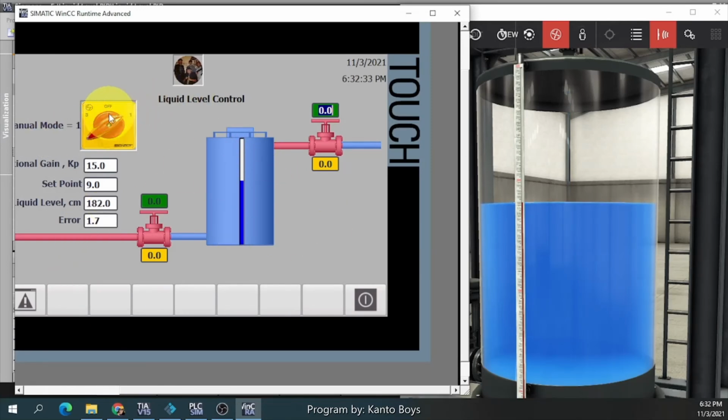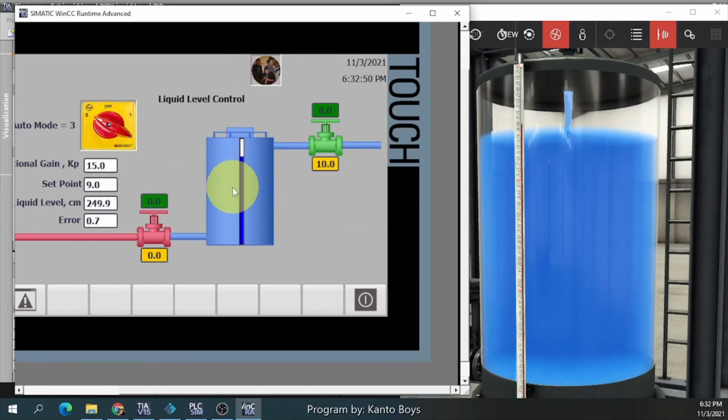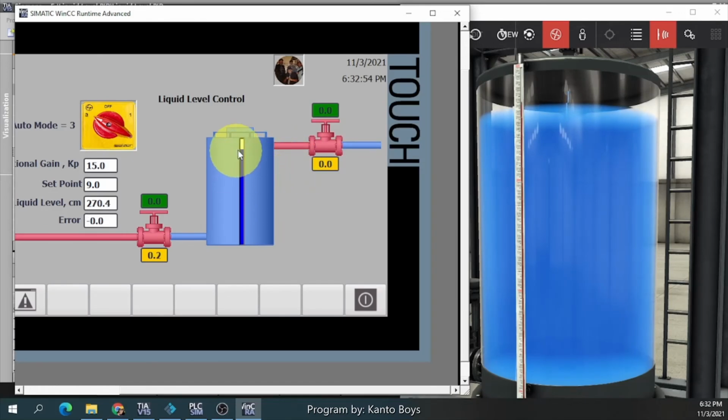So I can switch to automatic, or you can shut down. I will switch to automatic. It will automatically fill the tank because the set point here is 9 and the liquid level is below 9. Then it will automatically close the valve, so the filling valve is closed.